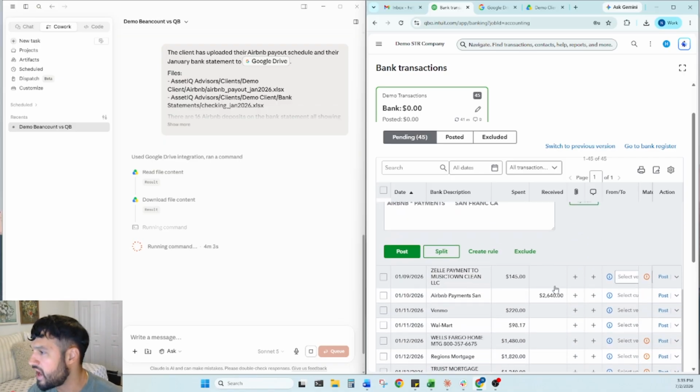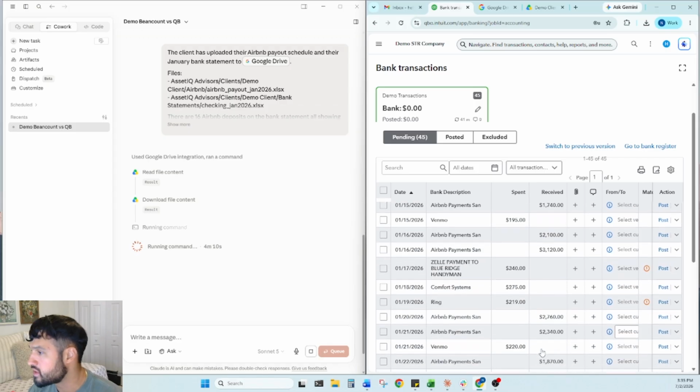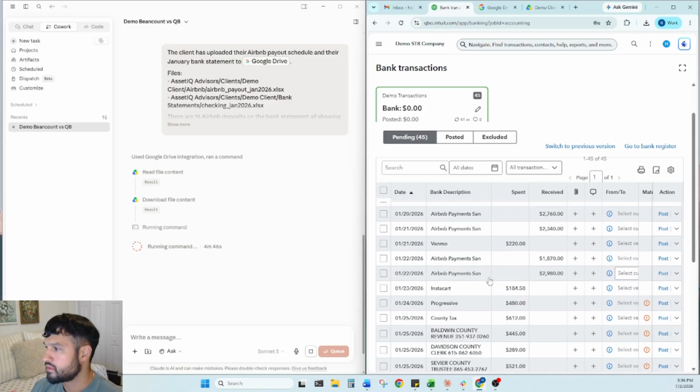QuickBooks has made a lot of innovations with AI. They're pretty good at recognizing certain transactions and what they might be. But when it comes to Airbnb specifically, it's really, really difficult for it to delineate between different locations because you can't create a rule, because the payouts are inconsistent. Especially if you're using PriceLabs, your price is going up and down, with a different number of nights. There are different amounts of money being dumped into your checking account at different times for different locations, and there's no way to distinguish between them. And so that's why this is particularly powerful, because it allows you to do that